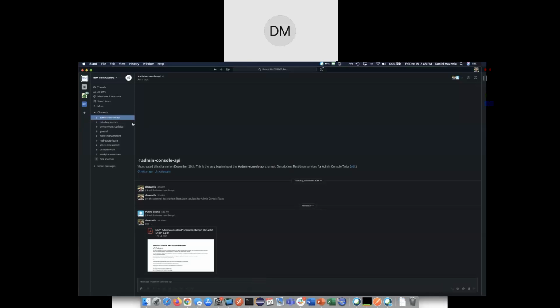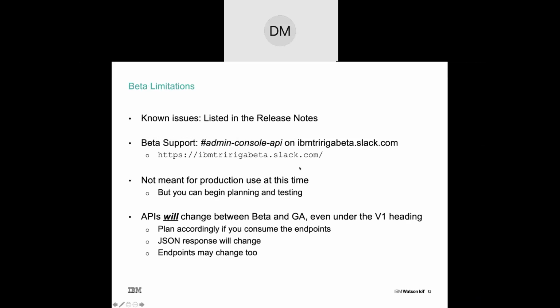So we have this admin console API now, and we have just a rough PDF of the existing documentation and what you can do as of December 18th at 4:26 p.m. Pacific time. This is fairly up to date to what is there in 3.8. Again, it is still beta, so things can and will change. In 3.8, there are some limitations, and those are listed out in the release notes. For any of those new updates, please stay tuned to the admin console API channel on the IBM TRIRIGA beta Slack at